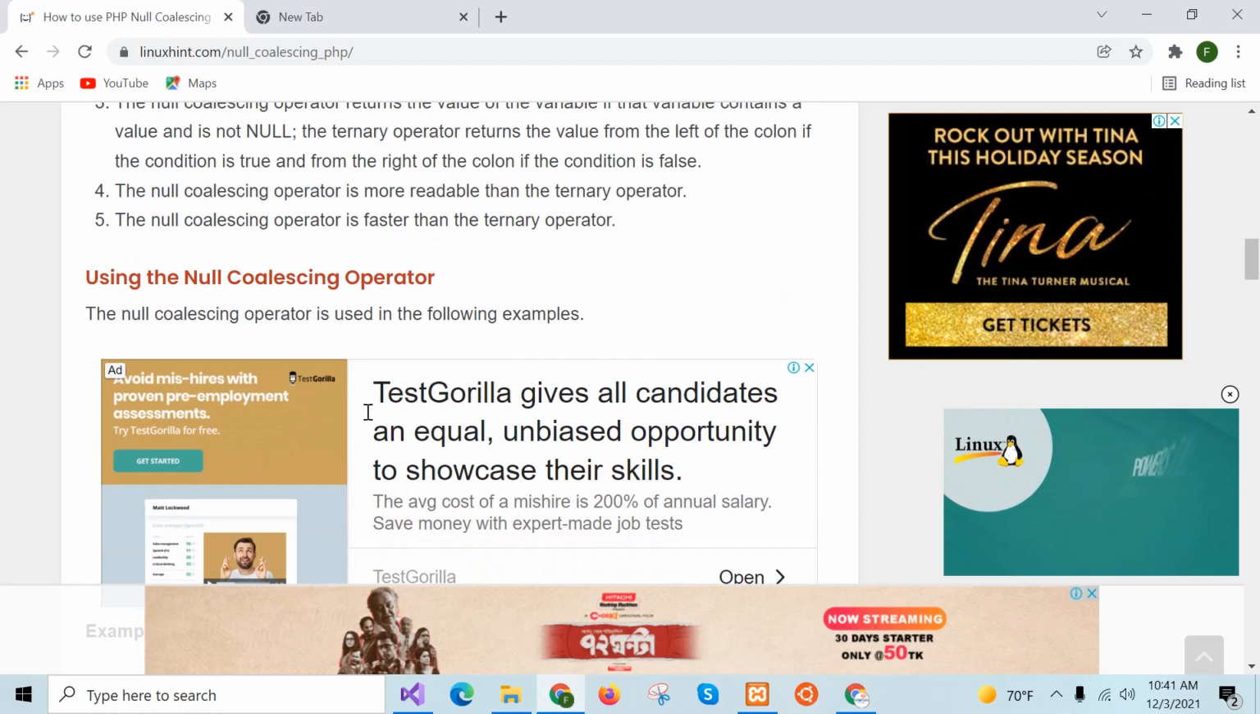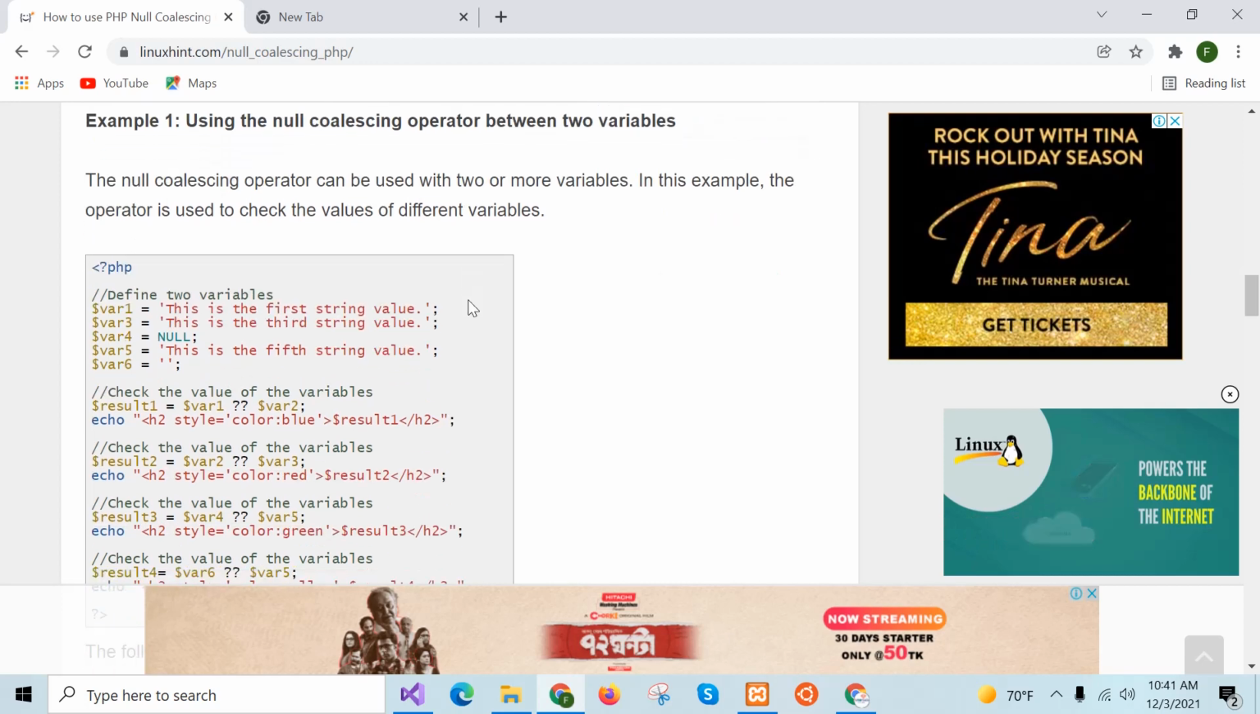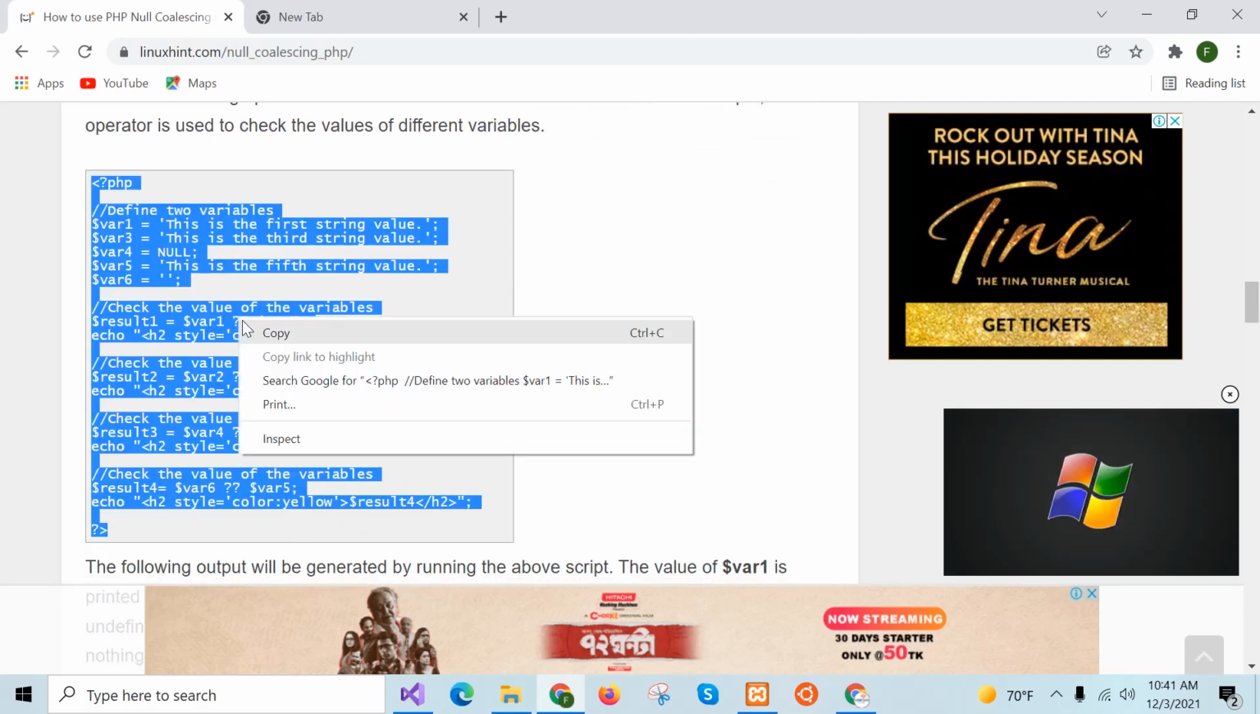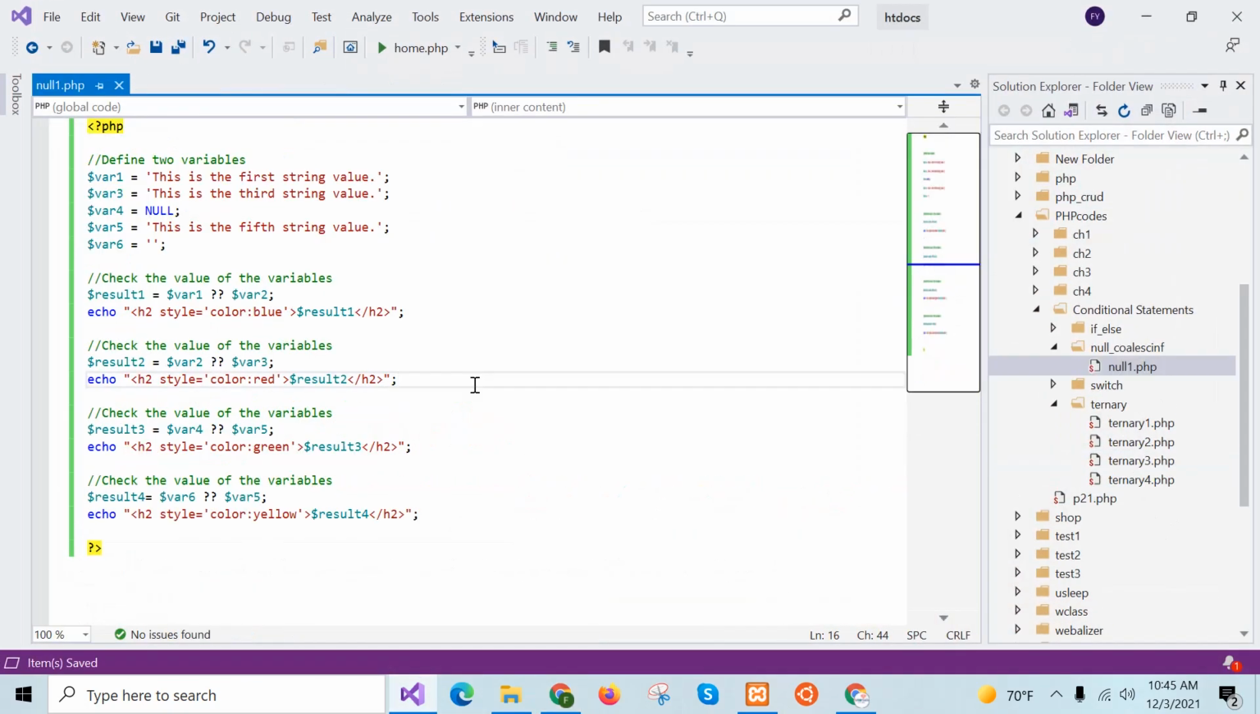Now, the use of this operator will be explained by using a PHP script. I will explain the code after creating the script. So, now I will explain the code. Here, five variables are declared: var1, var3, 4, 5, and 6. There is no var2. So in the first